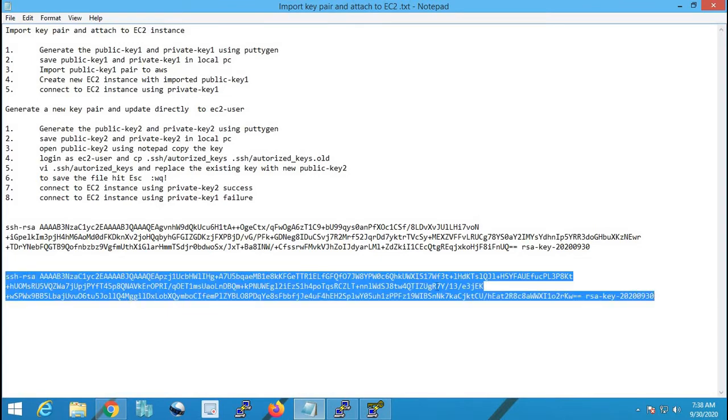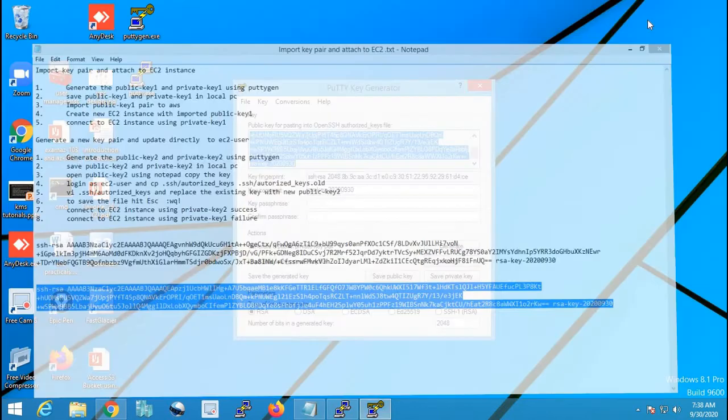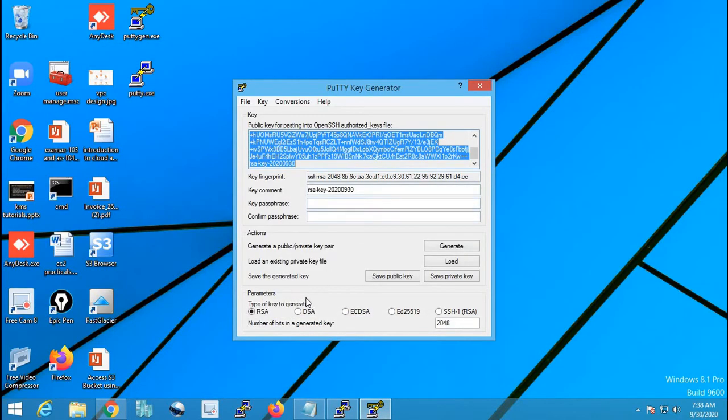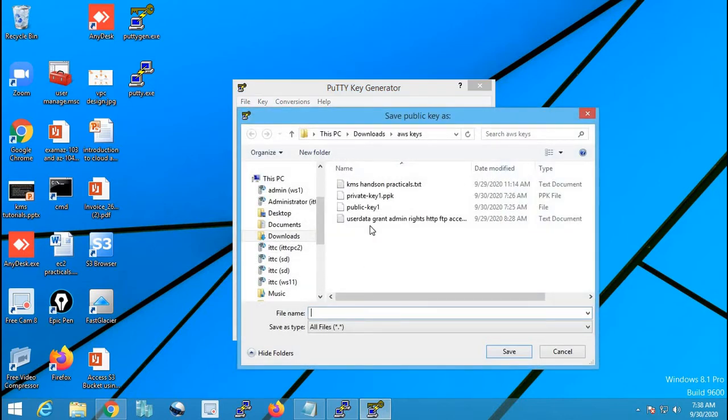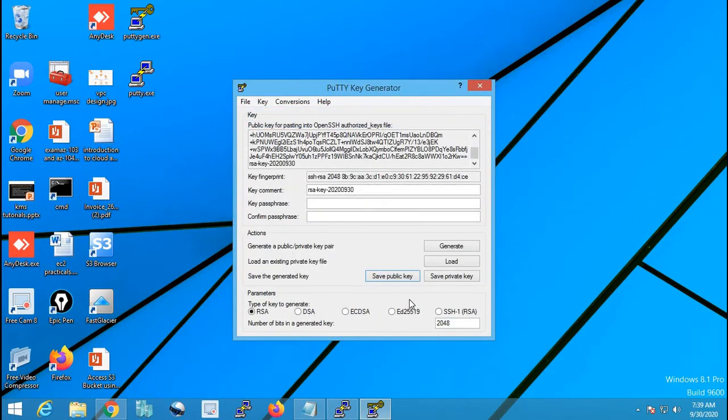I'll copy this. Say copy, and this time I'll save it. Yes, that's great. Save public key, and the name of the public key this time I'll give as public key 2. It's a new public key, and I'm giving the name as public key 2.